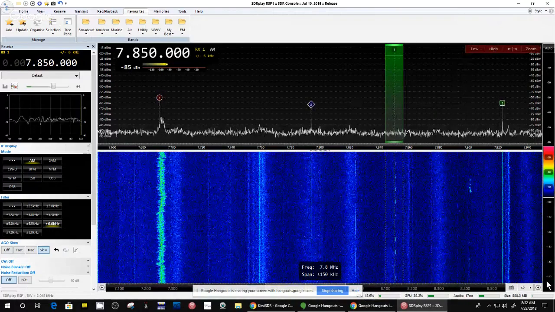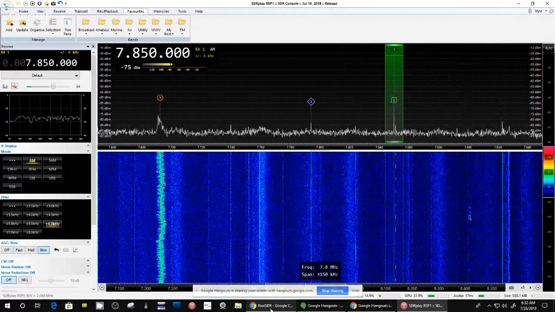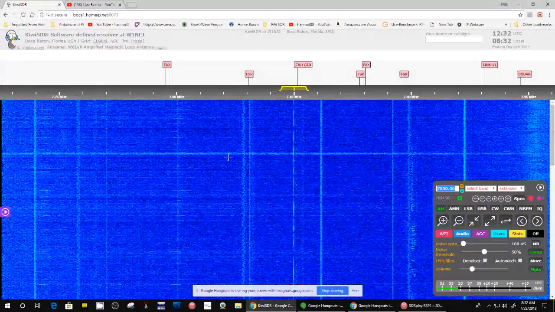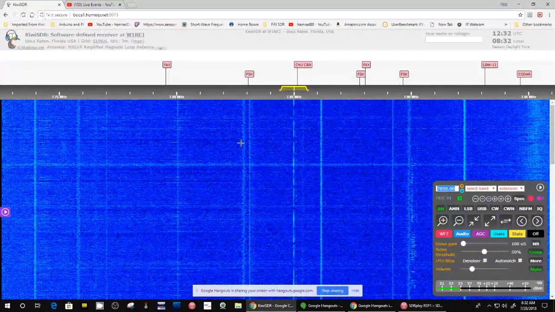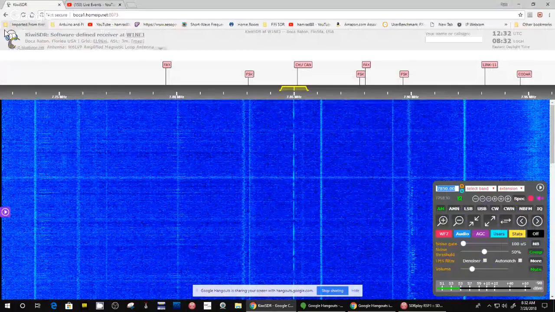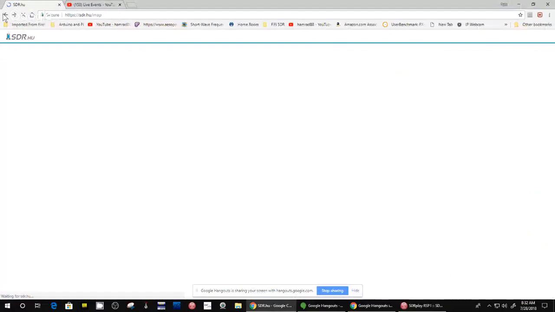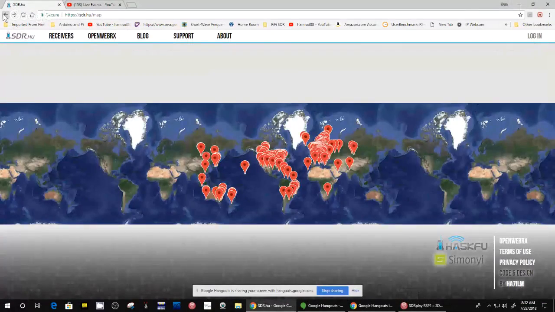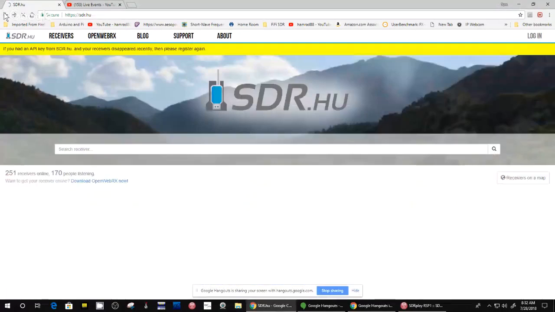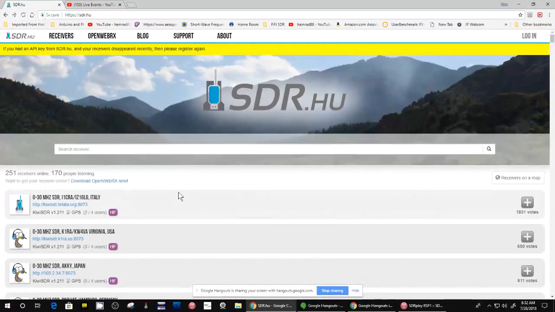Now, let me just show you how I got here on this Kiwi SDR. Go back. And that's the map. Okay, this is the Kiwi SDR. The website name or address is sdr.hu. Simple as that.